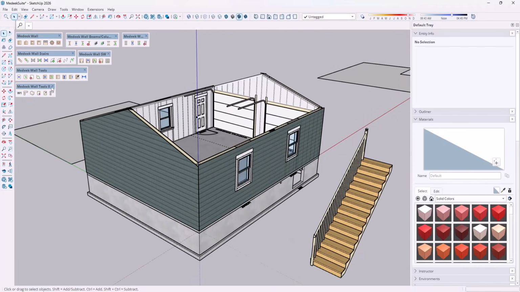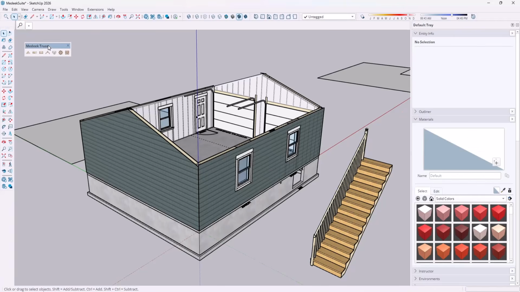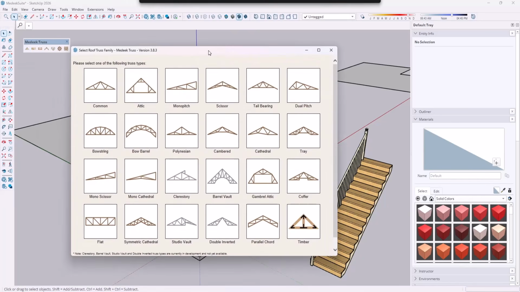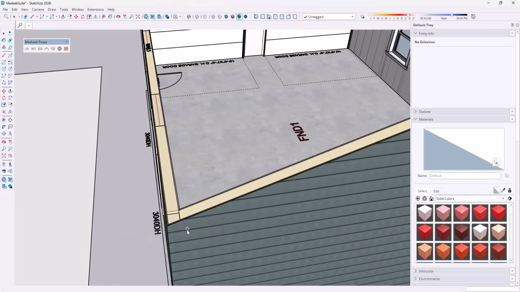But let's move on to Medeek Truss. So what Medeek Truss is, it's a tool designed to help you add accurate trusses to your model. So if we bring up the Medeek Truss function right here, we're just going to click on this button to pop up the truss tool. You can pick all these different kinds of trusses. In this case, we're just going to go with a common truss, and you can actually come in here and you can just click from one corner